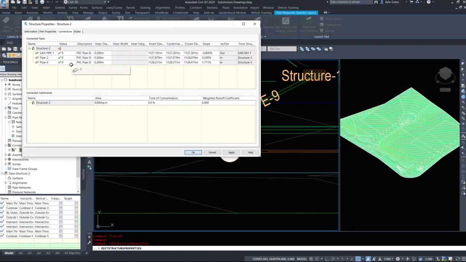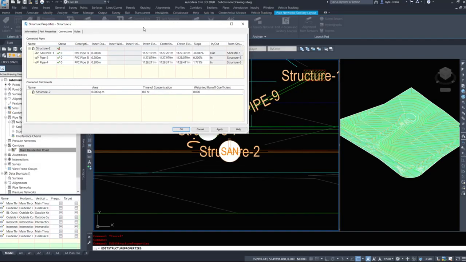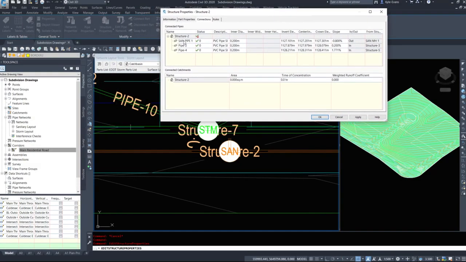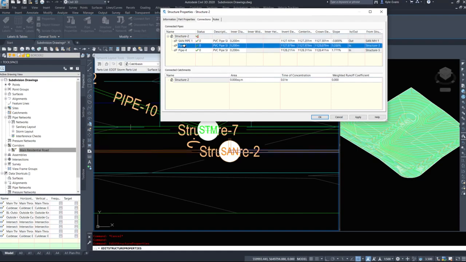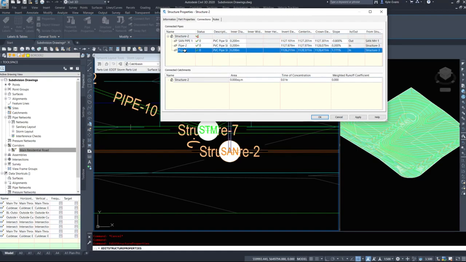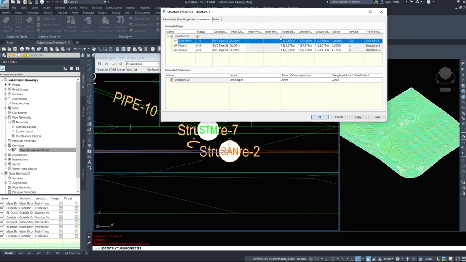And we now have 3 pipes connected to this. This is another thing where Civil 3D displays what you're clicking on. So if I click on this, it's my pipe to the left. If I click on this one, it's my pipe to the right. If I click on this one, it's my pipe to the top, the north. So my pipe from the left is coming in